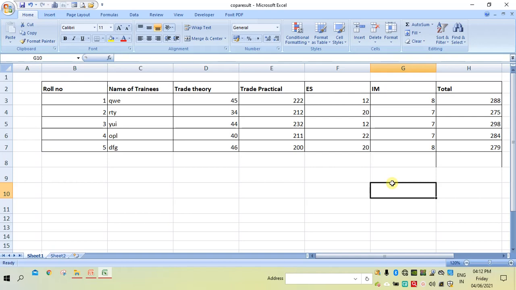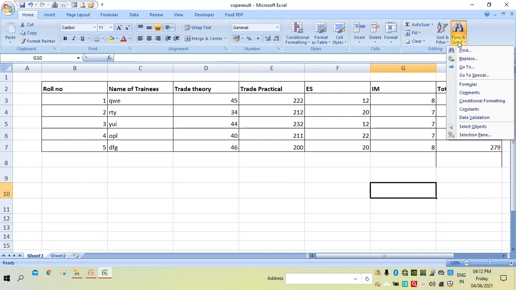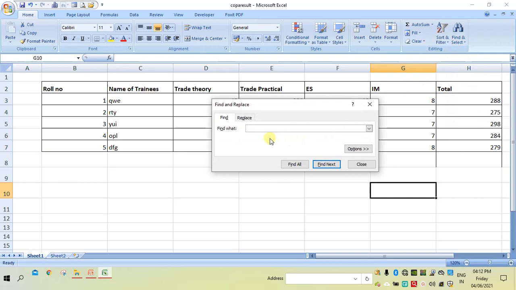Next is Find and Select. If it is a very big sheet having a number of data, it is very difficult to search. So to search quickly, we have an option here. You can go here, click on Find and type the number which you want to find.